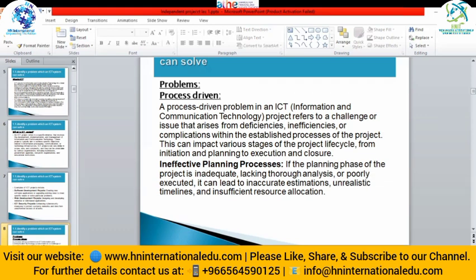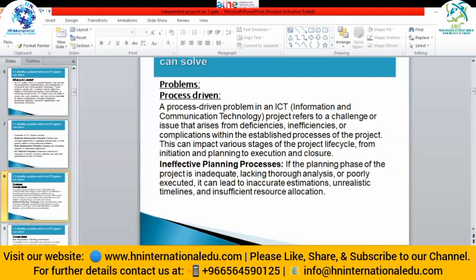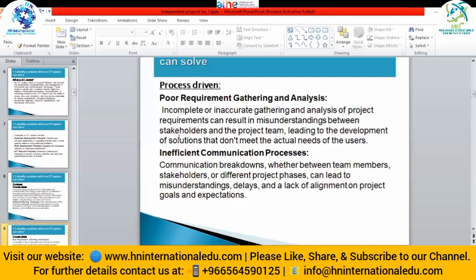Means there might be problems in your process, like there might be a problem in your planning process. Then you have poor requirement gathering, as I discussed earlier. If you don't gather the proper requirements for the project, for example, your customer asks you to add these terms in that project, but you poorly gather that requirement, means you don't gather the proper information that you must include in the database or whatever that team project,